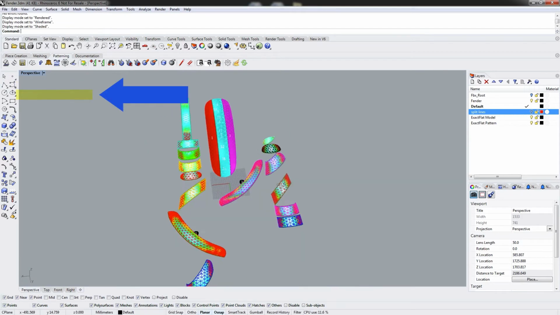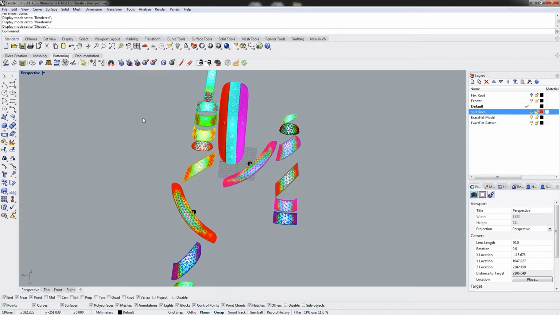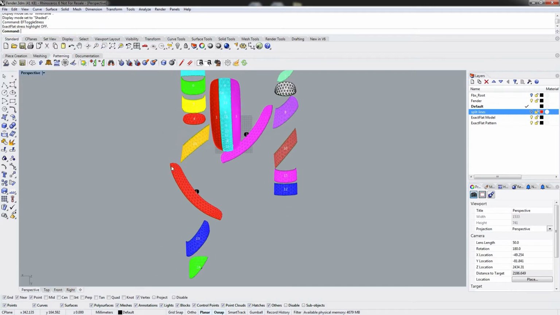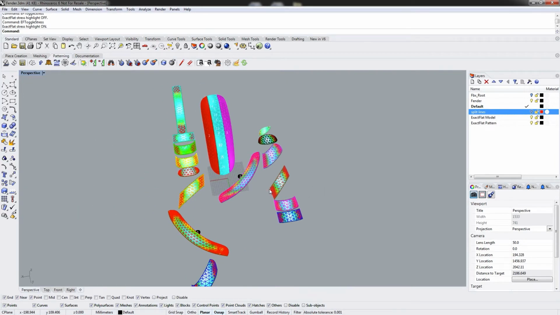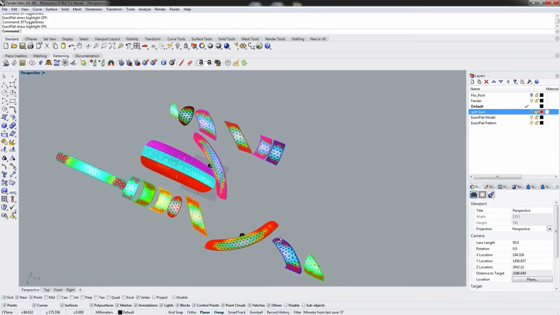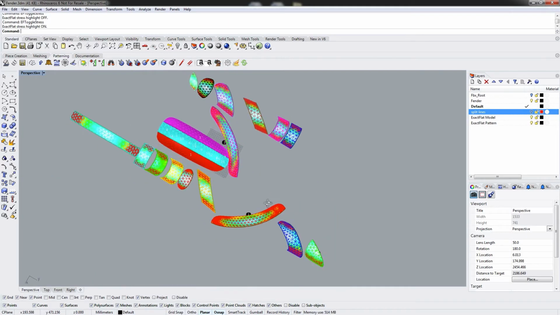Alternatively, we can go to shaded, and right now we're looking at the strain analysis, but we can toggle that off. So we can toggle strain or toggle stress, and that's going to turn off our strain highlight. So I'll right click to turn it back on because our strain highlight is a very important part of the process. As soon as we flatten our pieces, they all end up on the XY pattern plane,